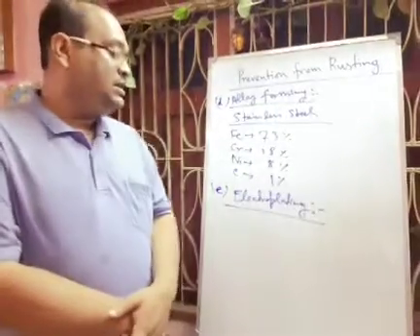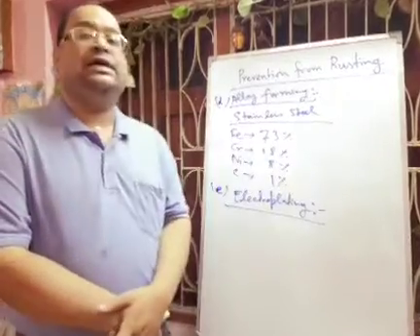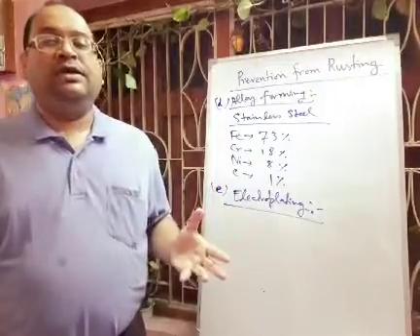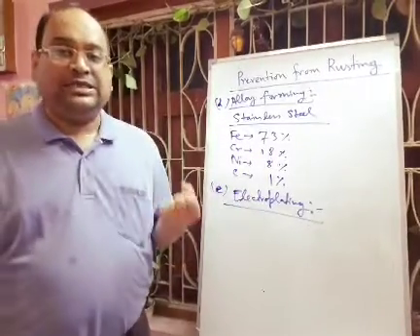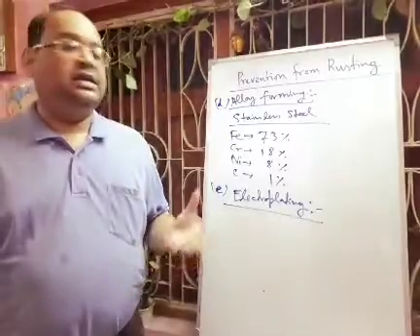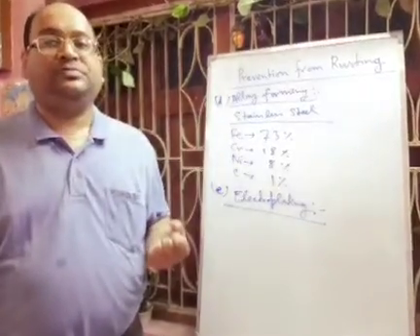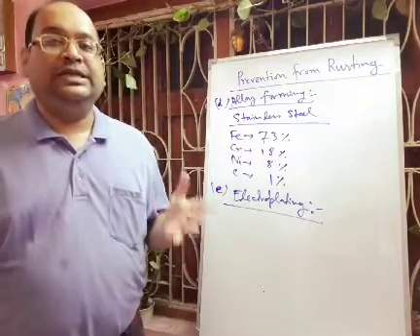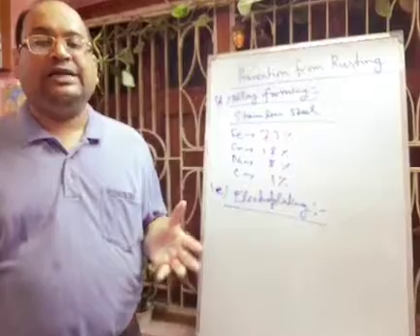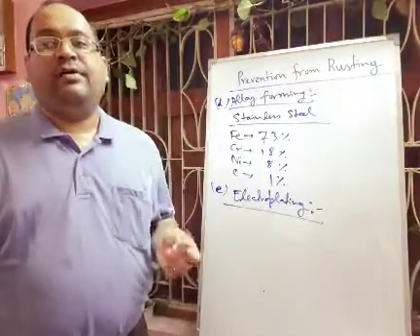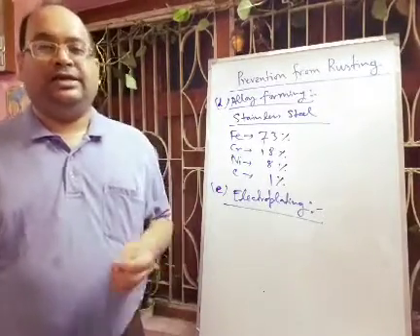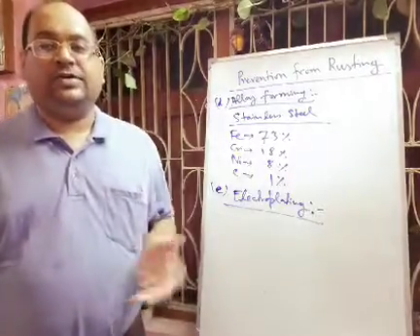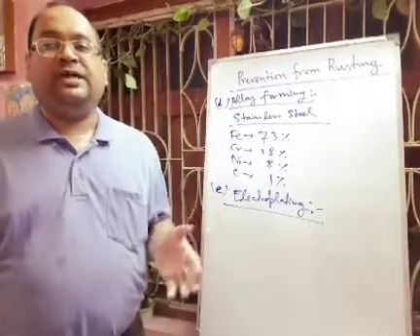So we have discussed, and one thing I forgot to discuss, that is the iron pillar near Qutub Minar, which is notable for its rust resistant composition, and it has not rusted for more than 800 years. So it highlights the achievements of ancient India in chemical engineering. Actually it is made up of iron mixed with a high percentage of phosphorus, which prevents the formation of rust or corrosion.